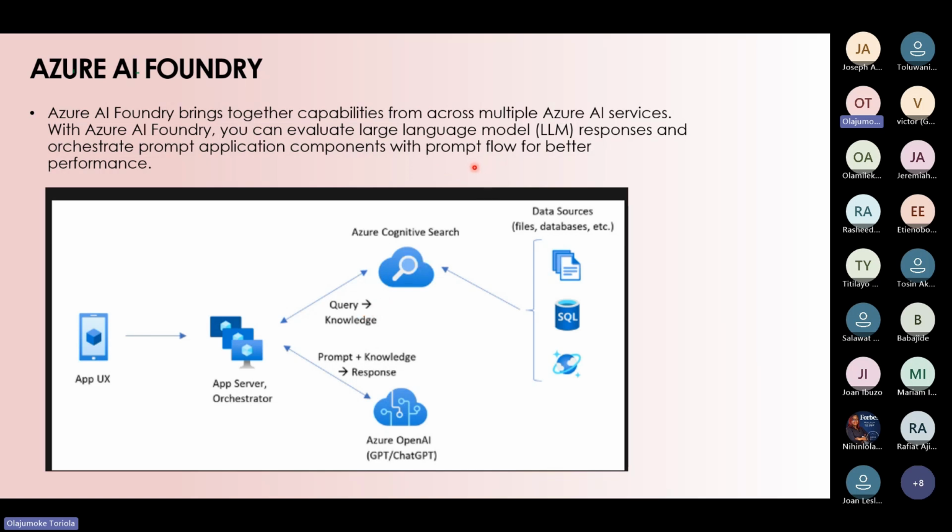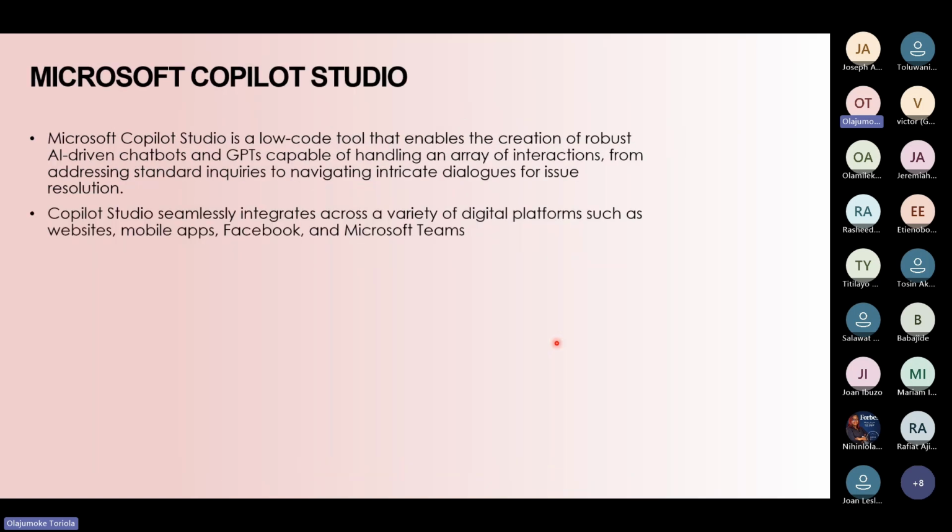You can even make use of an existing large language model, and then create your prompts and all of that. More specifically, because you want to build something that is organization specific, you can use that. Then you have the Microsoft Copilot Studio, which is a low code tool that enables creation of robust AI-driven chatbots